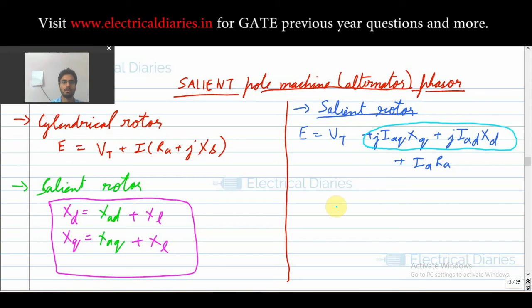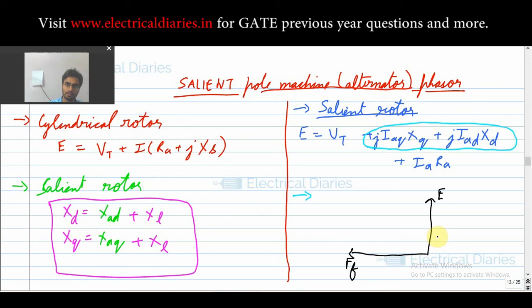Okay, so the phasor diagram will be in this fashion. See, for the synchronous motor or synchronous machine, you must remember this thing. See, your field MMF is in this direction, let us say Ff. So your excitation voltage, see, first your flux comes, then only your EMF is induced in your armature. Okay, so this is your flux Ff, then you have your Ef, or you can say E here, as I have used E. So E is what? E is lagging Ff. See, E is clockwise. Okay, so now this is one thing that is over.